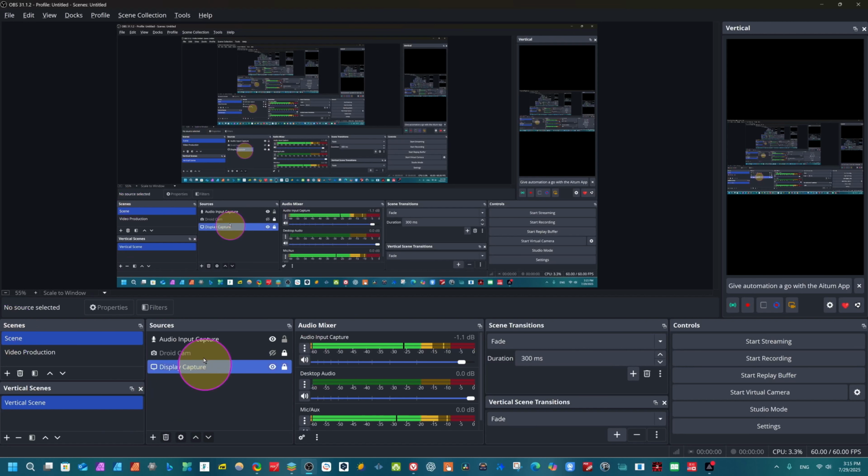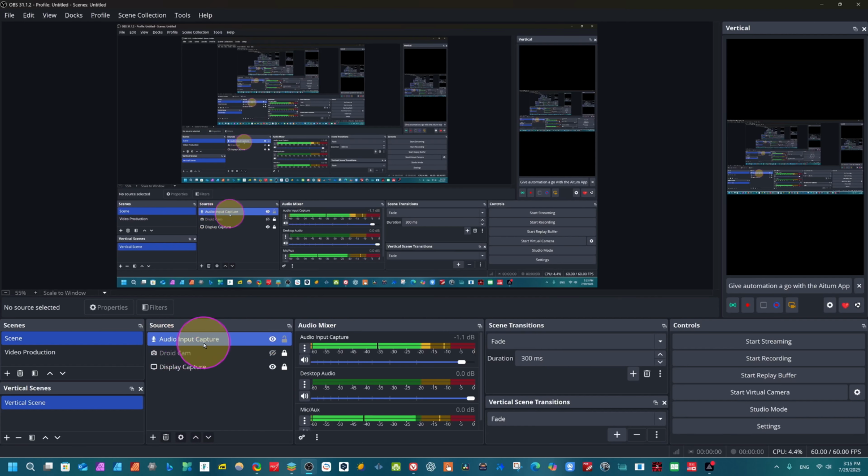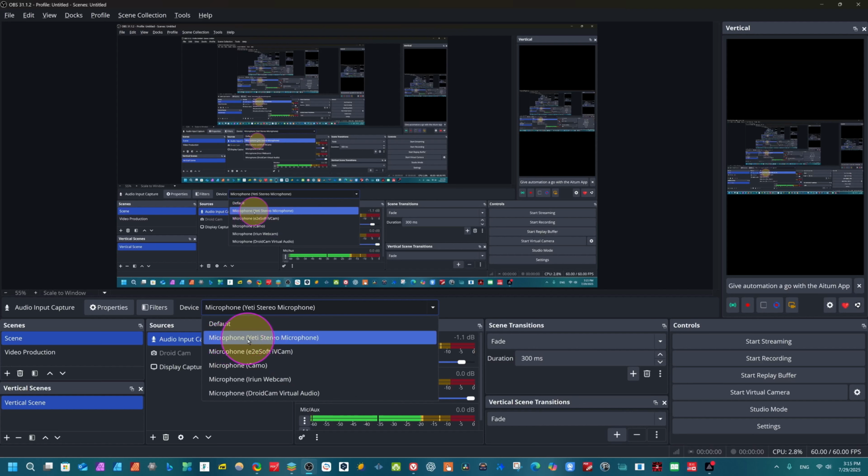Go and see the basic things, how to add a mic, audio input capture, display capture, etc. in the tutorials, but we will talk about the advanced settings of audio so that you can make your video recording and audio recording in the best possible quality. For that, come here. You can add all sorts of sources here. These are the basic settings of OBS Studio. Once you have a mic added to OBS Studio, you can confirm here. Just click here, and now you can check which mic you have added. You can see I have the Yeti Studio microphone, through which I am recording now.